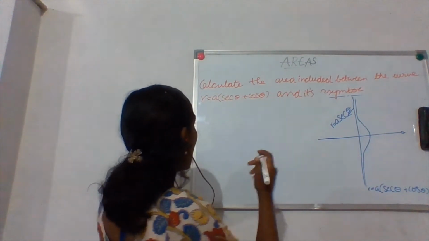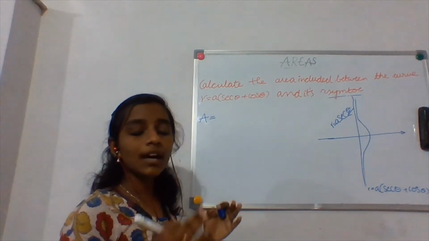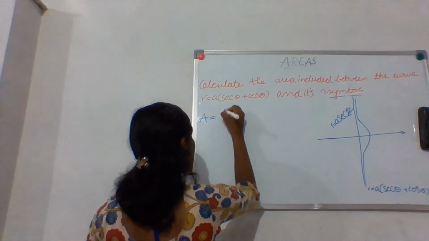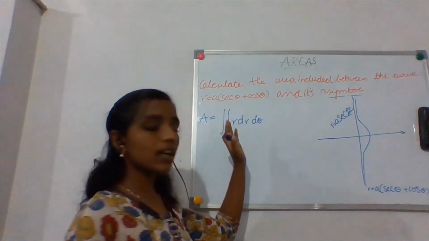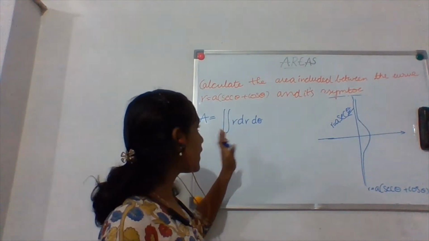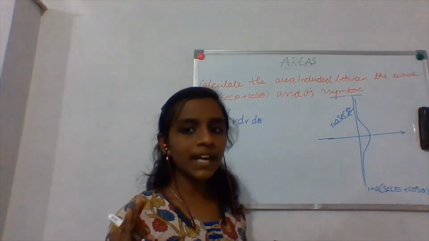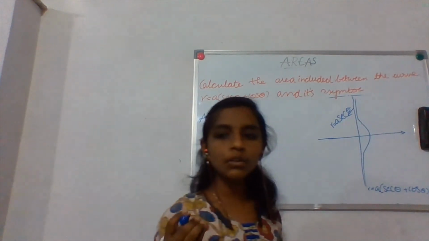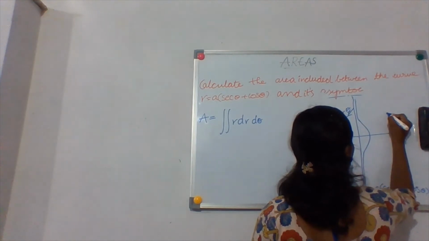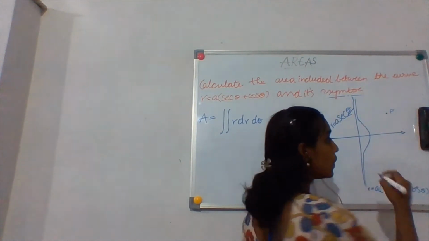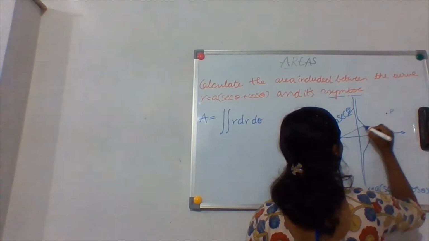And now the formula for finding the area in polar coordinates, what is it? It is the double integral of r dr d theta, and you have to find the limits now. So how do you do it? I have not told you about finding limits for polar coordinates very clearly in my previous class, but now I will. You have to take some point P, the initial point. This I have told you, and you have to join it from some reference point to here.